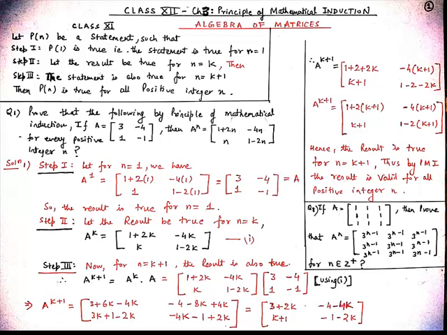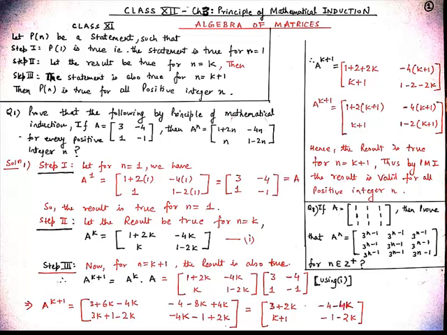And now, as you know, for n equal to k plus 1, the value of n is replaced by k plus 1. So to make it in the form of k plus 1, I can write 3 plus 2k as 1 plus 2 plus 2k. And then from minus 4 minus 4k, I can take minus 4 as common, and in the bracket we get k plus 1. And then k plus 1 remains as it is. And then minus 1 minus 2k can also be written as 1 minus 2 minus 2k.